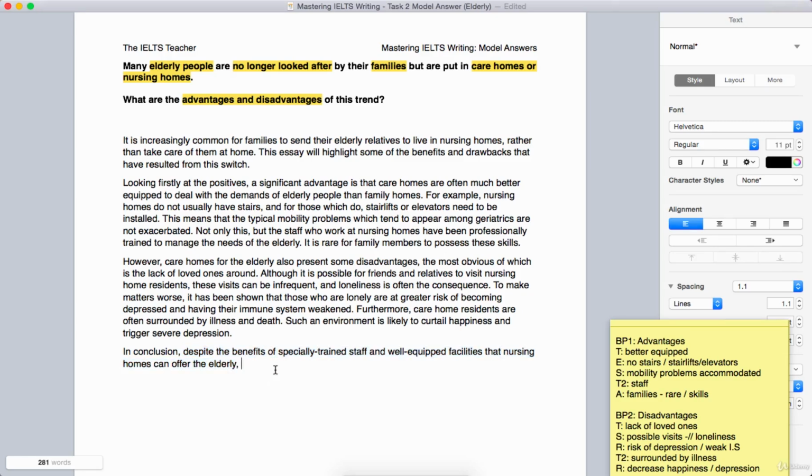So despite the benefits here, then comma, you move on to the second clause, the independent clause now: the drawbacks of. Very similar. So the benefits of, the drawbacks of, and then we summarize again: loneliness. It's quite hard to paraphrase that. We've used lonely and then loneliness, so we'll just use it again, loneliness here. The drawbacks of loneliness and